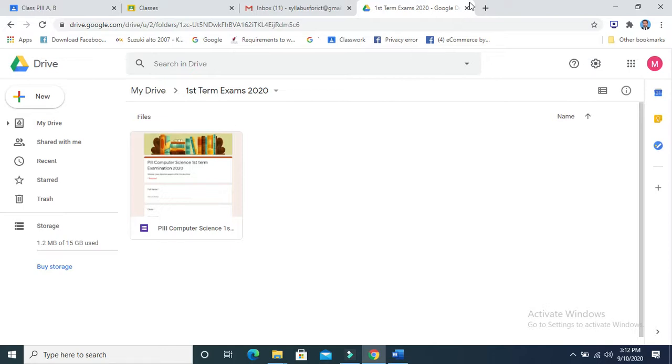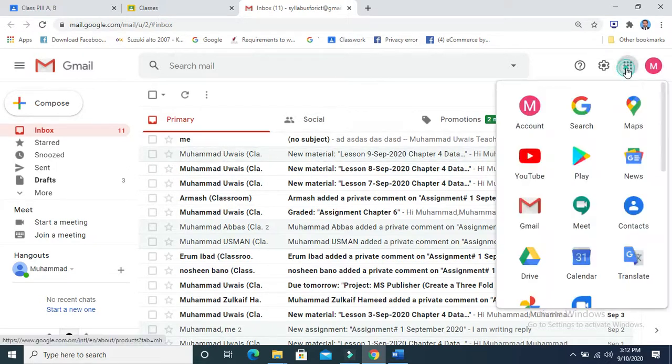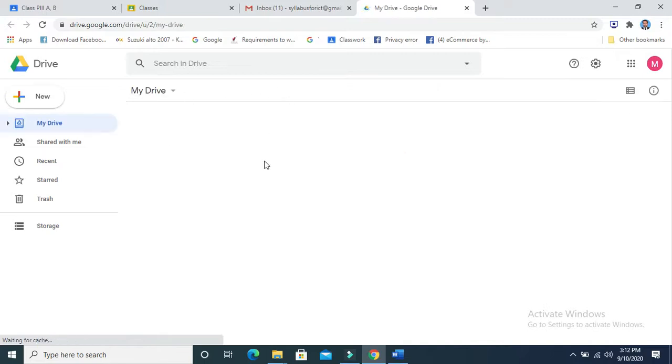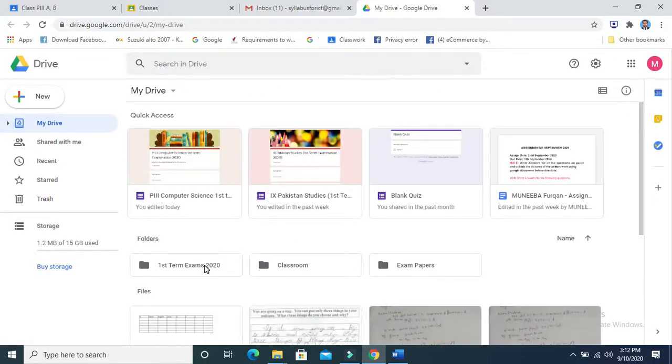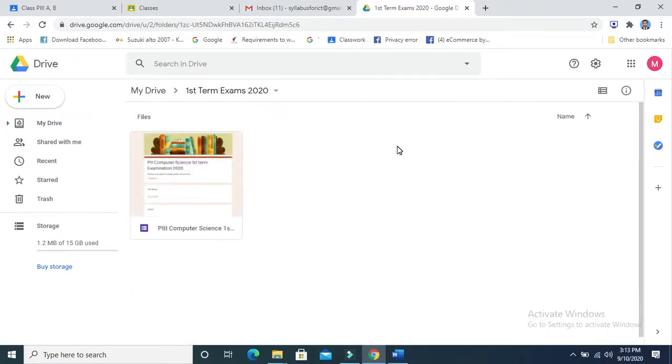So on the day of the exam, you will log in to your Gmail ID. For example, today is the exam day. I have prepared my question paper and checked that it is complete in all aspects. Now I am going to go from Gmail to my drive, and then to the folder where I keep my work for different classes. N number of classes could be there, so n number of question papers will be there with their names.